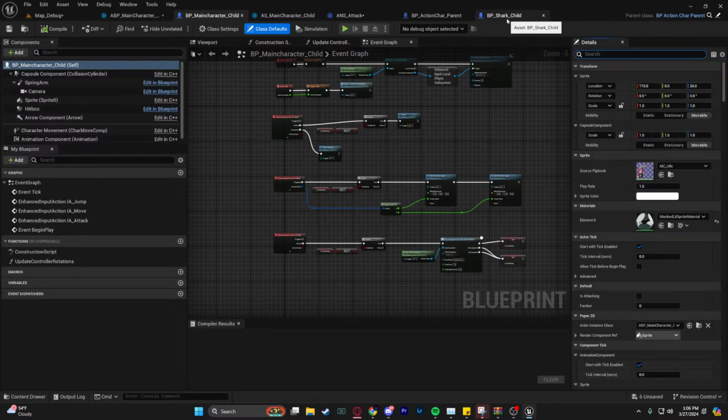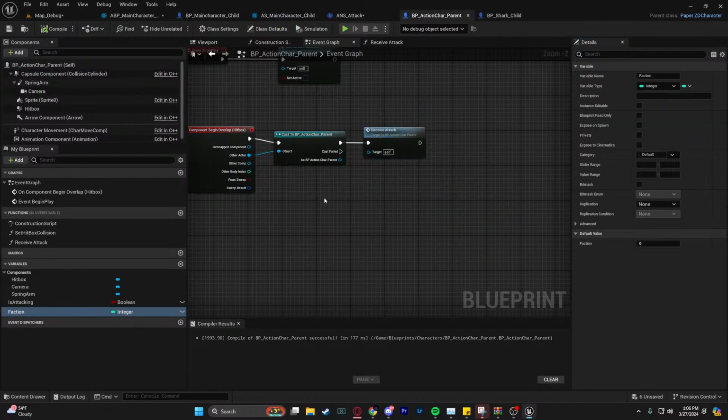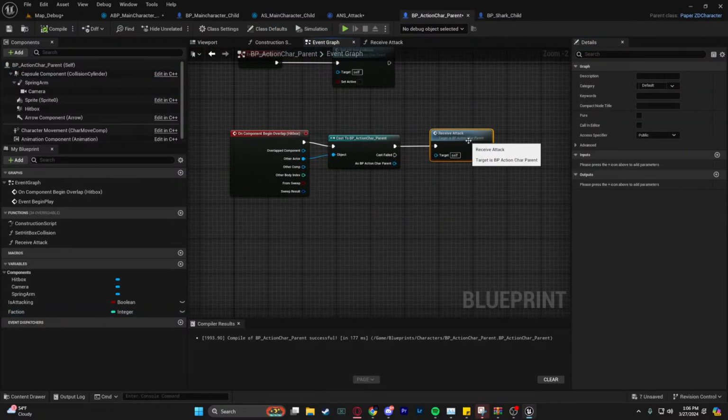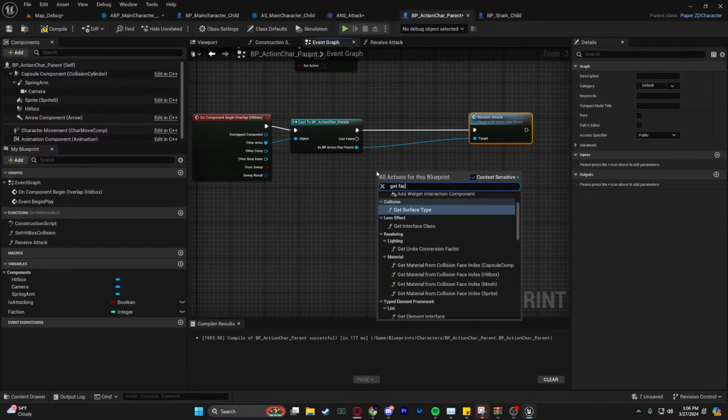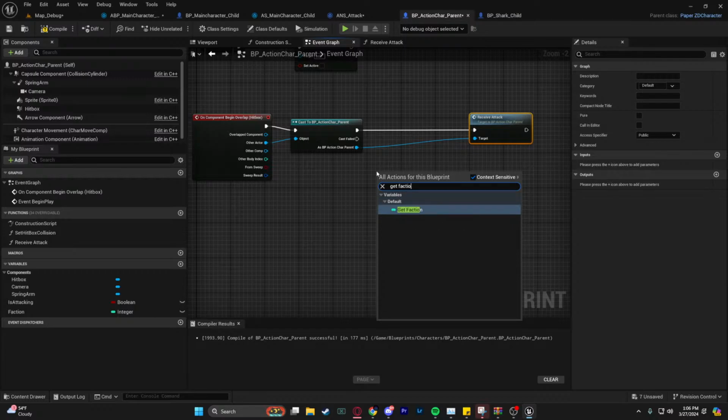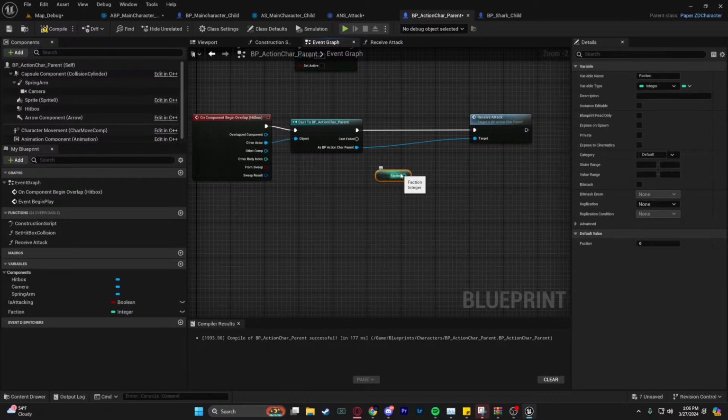And then back in the BP Action Char, we don't only just check for cast to Action Char, but we also check for faction, get faction. And we make sure that the faction here that we have here is not the same. So we make sure that not equals. So we can only execute the attack if the faction of the hit